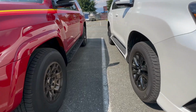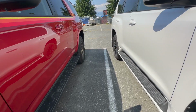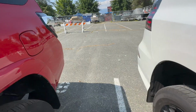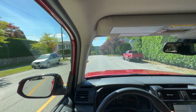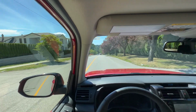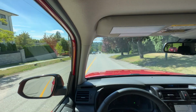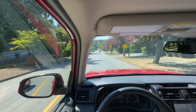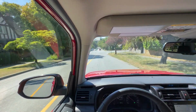In terms of braking, the two are very similar. I do think that the pedal feel and the brake feel is a little bit better on the GX, but not a huge difference between the GX and the 4Runner. And also the difference in quietness is noticeable. They both are very robust, they both have a very solid feel to it, and that character is definitely missing from many other modern crossovers and SUVs, which is why people like the 4Runners and people love the GX